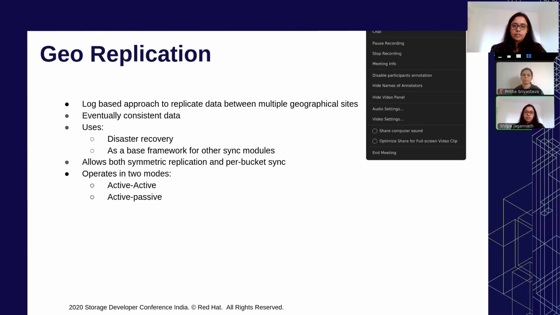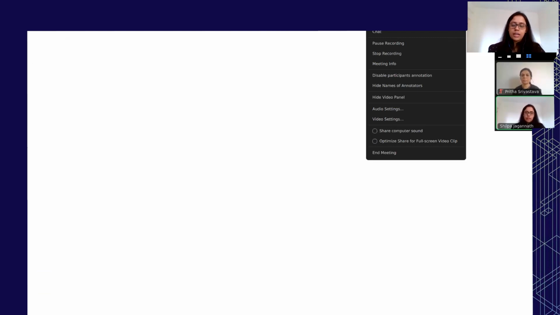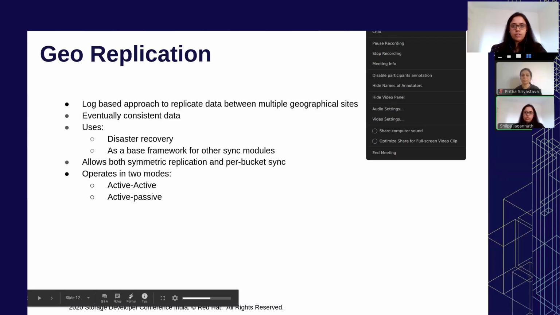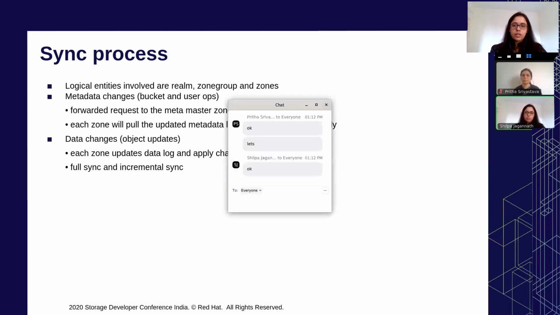Those are the kind of things that we can do with replication. And it operates in two modes, which are active-active and active-passive. Next slide. Talking a little bit about how the sync process works.